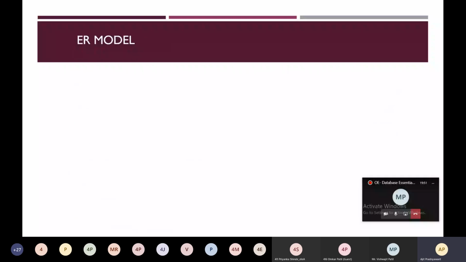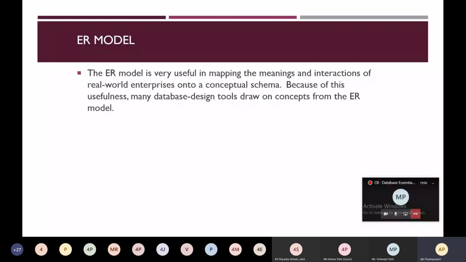So ER model. The ER model is very useful in mapping the meaning and interactions of real-world enterprises onto a conceptual schema. Because of this usefulness, many database design tools draw concepts from the ER model.